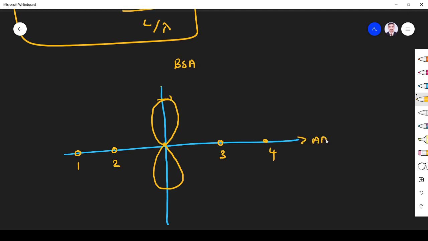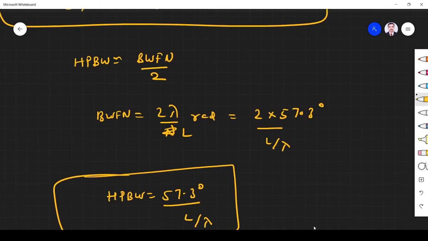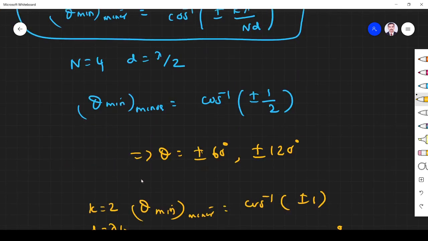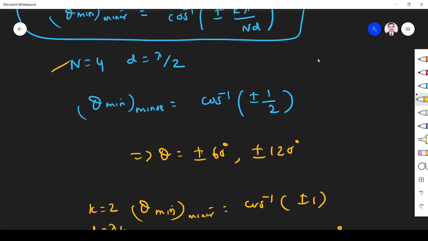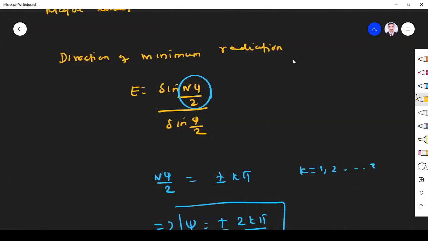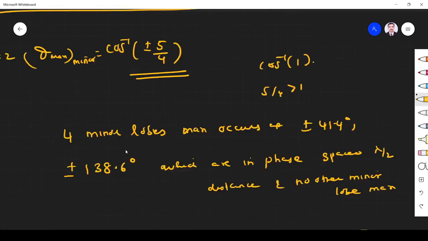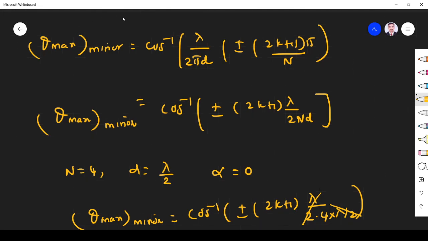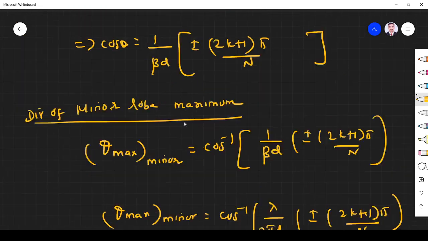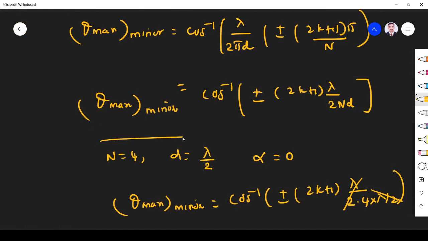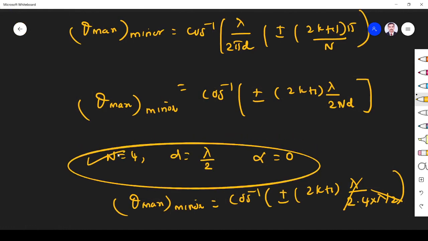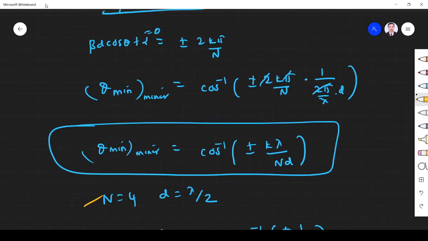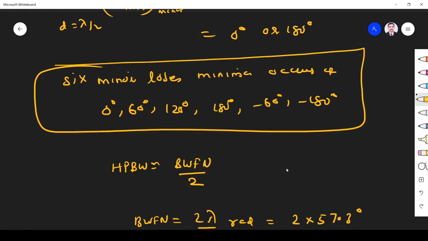This is the array axis. We have 4 elements because always take n is equal to 4 whenever I derive the equation. You see, I take n is equal to 4 here to solve this problem. Here also I take 4. Fine. So everywhere I take n is equal to 4. So that's why n is equal to 4 means there are 4 elements in the array, right? So first we draw this.